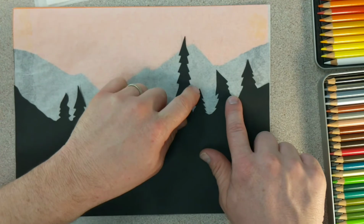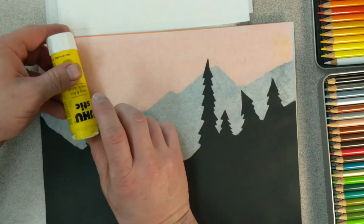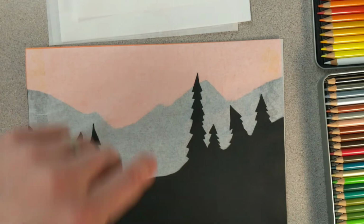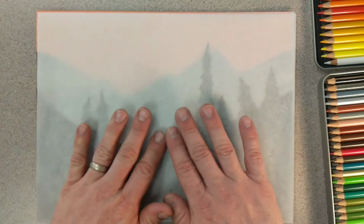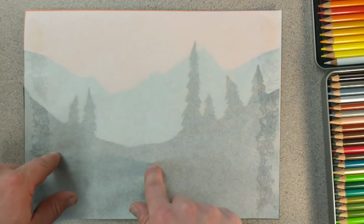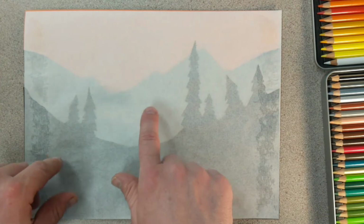As you're wiping this layer down, remember to be careful about the zigzags you cut out of your pine trees. Okay. Let's get another piece of tracing paper out to make the second layer of fog. So we have our 2 layers of fog, and we have mountains and a rolling hill with tall and short pine trees spread out. We left a space in the middle for the next step,